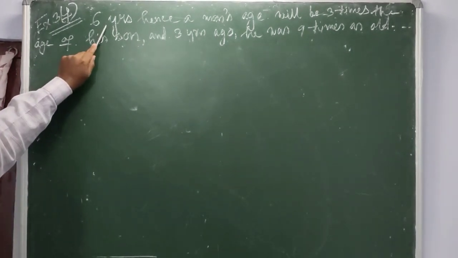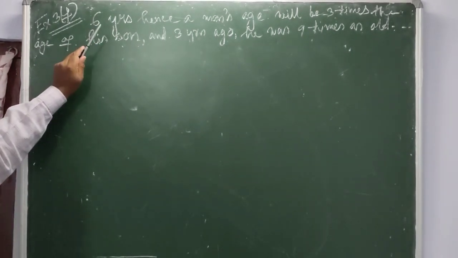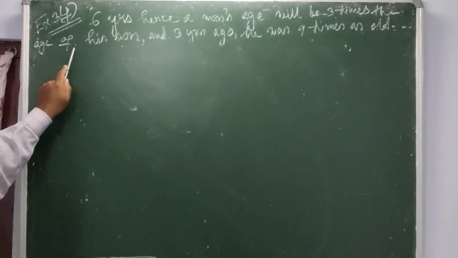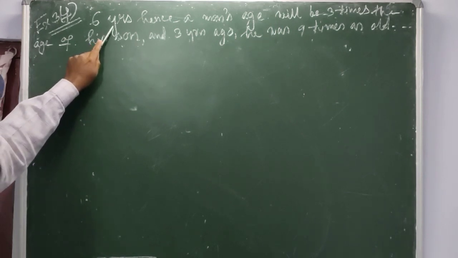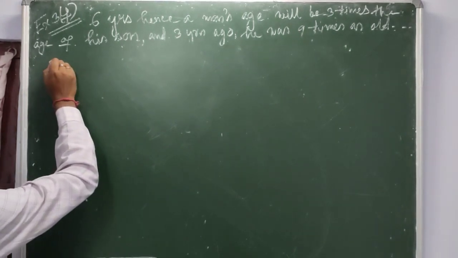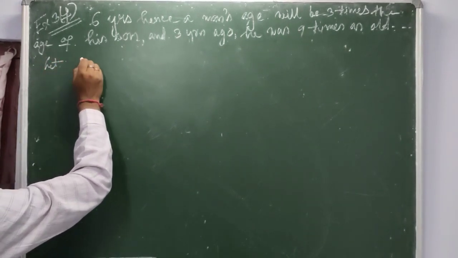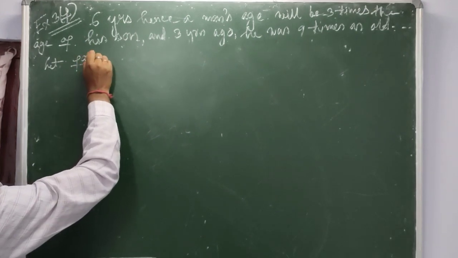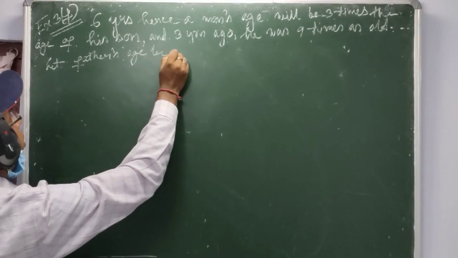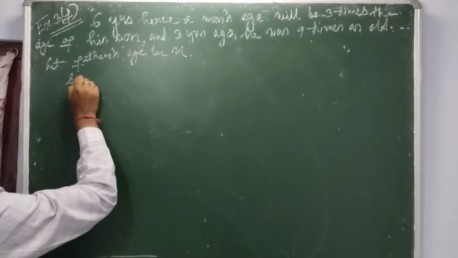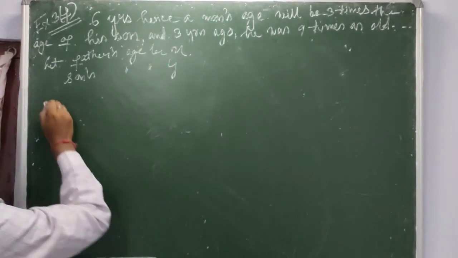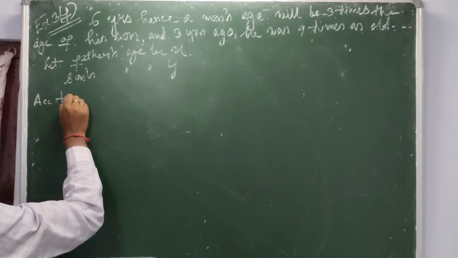First they said, 6 years hence, a man's age will be 3 times the age of his son. Whenever they are talking about father and son, first we have to take it like this: let father's age be x and son's age be y. Now, according to the first condition,